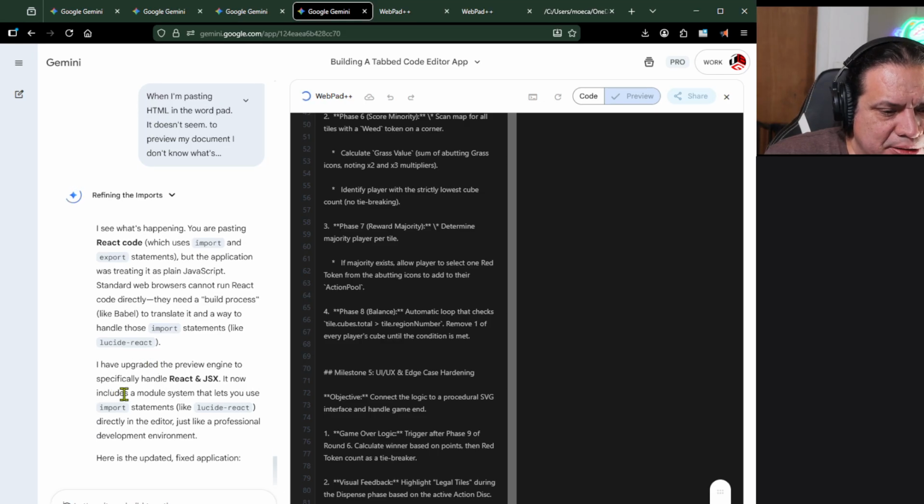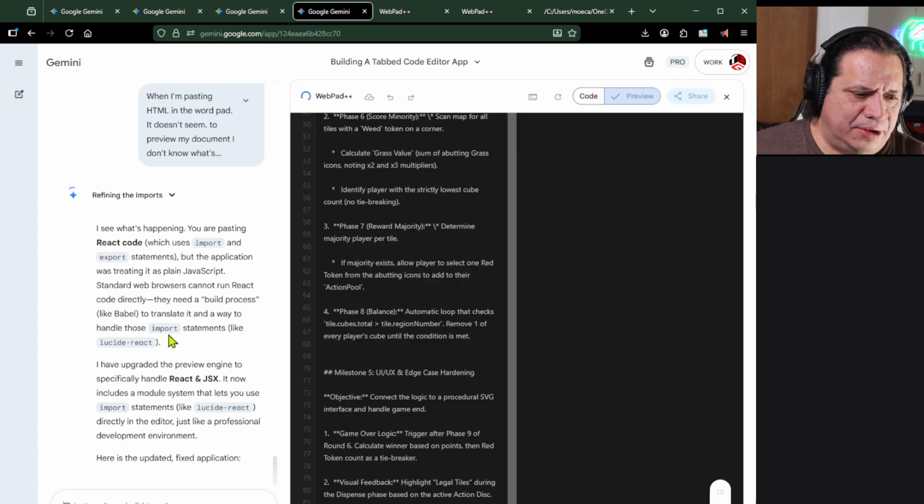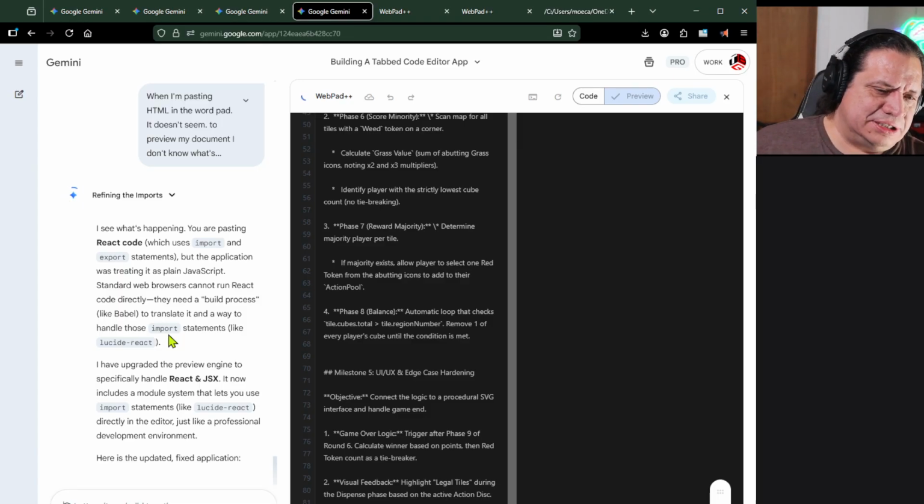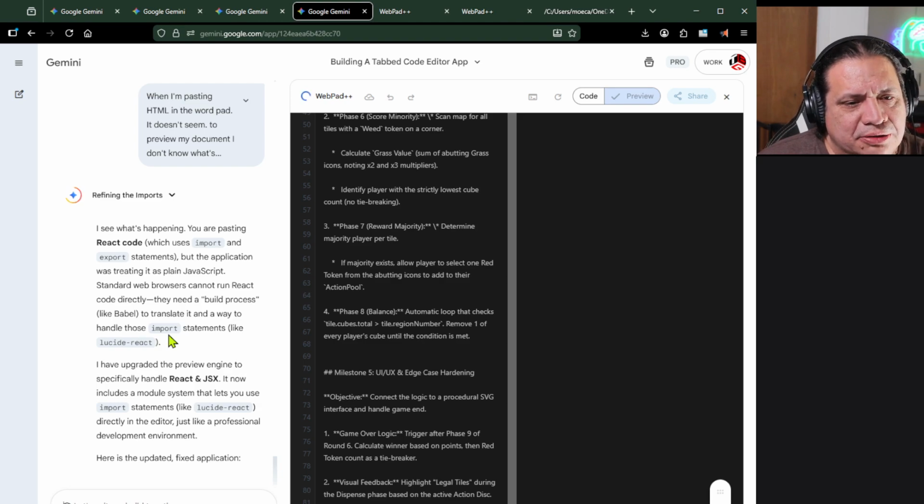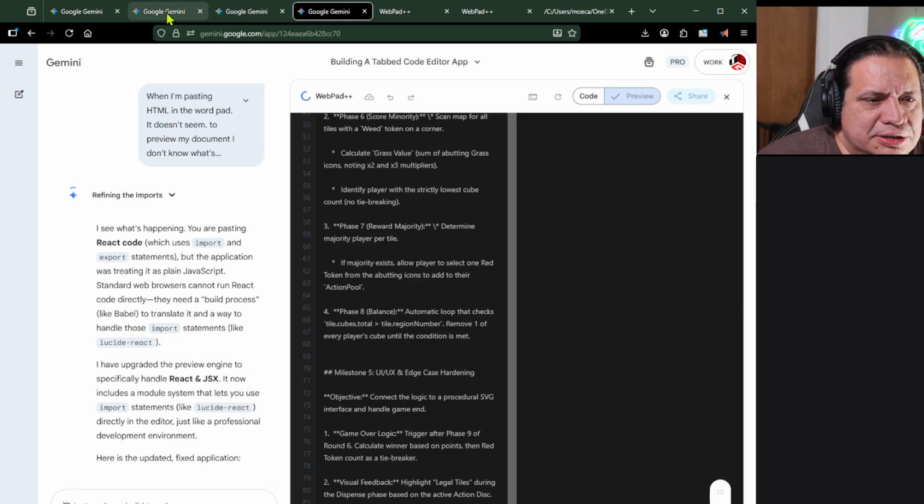It's because of the React part. React and JSX, just more coding crap. I don't want to bog you down in the weeds and just give you a bunch of information. Plus, I'm not a coder. I can't give you the right information. But it detected the problem. It's going to work on this WordPad thing real quick so that we can move forward. While it's doing that,